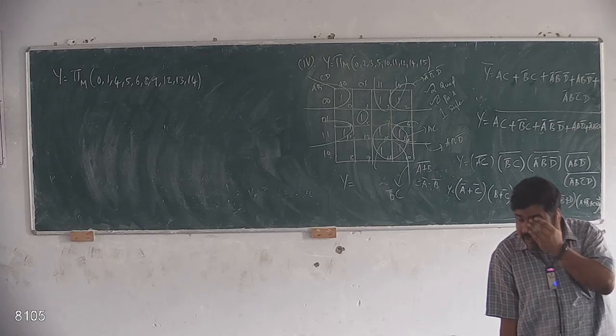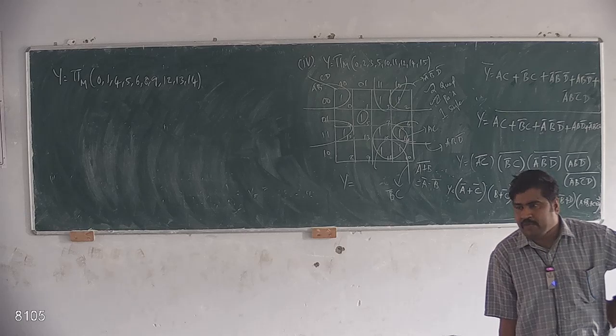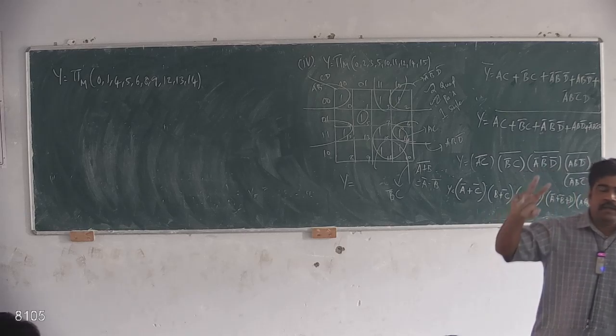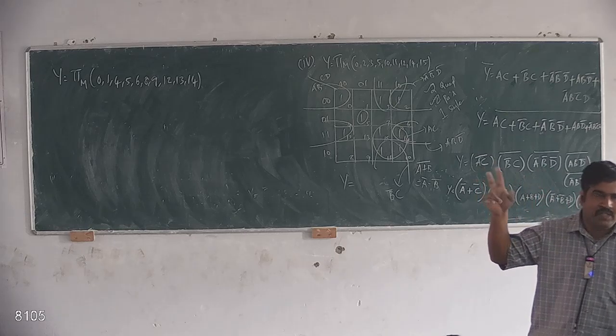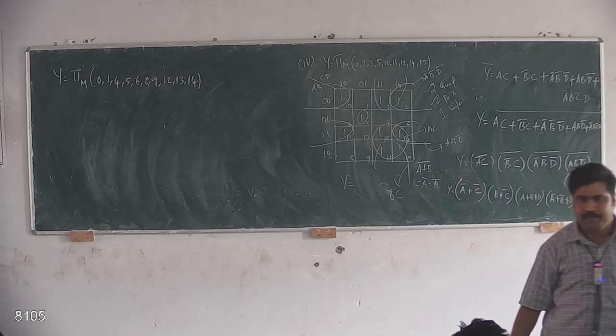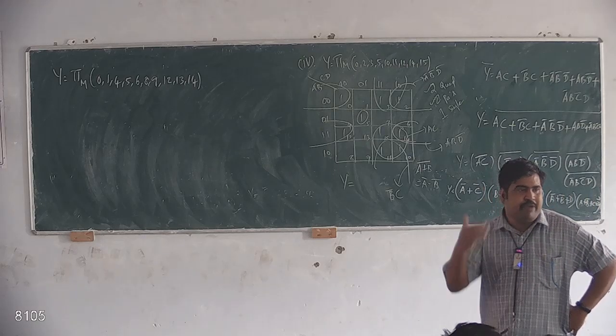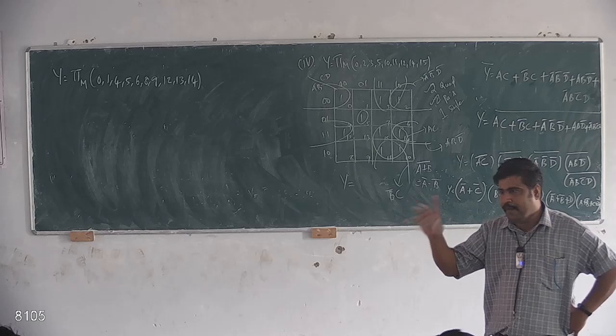First find the SOP format of that, then take the complement for SOP, you will get the POS format. So listen here, the difference between SOP and POS format is nothing but complement of SOP is POS, complement of POS is nothing but SOP. So we are applying that law only. So first you find the SOP format, take the complement, you will get the POS format.